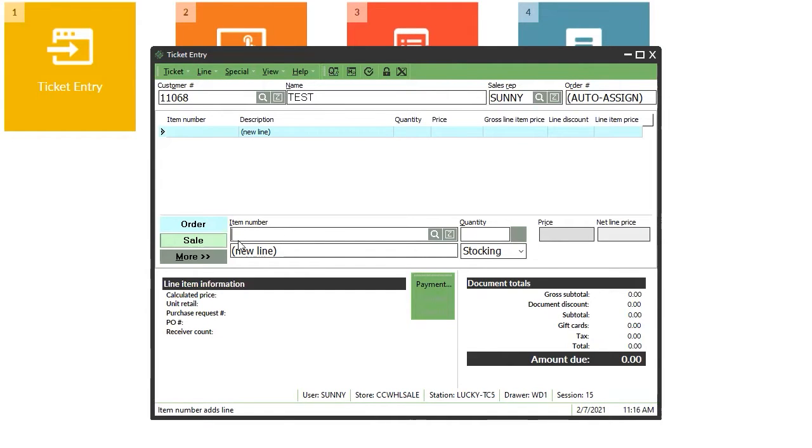Okay. Now we are on the item number line. You see on the left, we have sale in green and orders in blue. Sale is when you're making a sale for the customer on the floor who's going to pay you right away. Or maybe even if he pays you on accounts receivable, but you don't have to print pick tickets, and you don't want to print any packing slips. This is like a point of sale. You have a customer right there, he's picking up the goods right away and